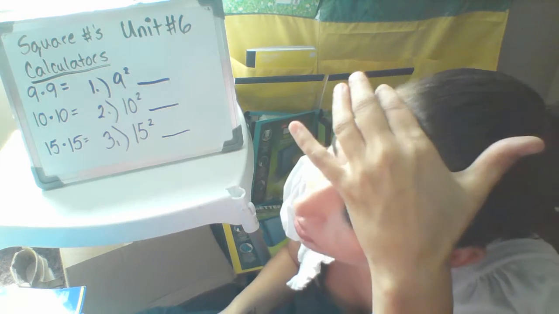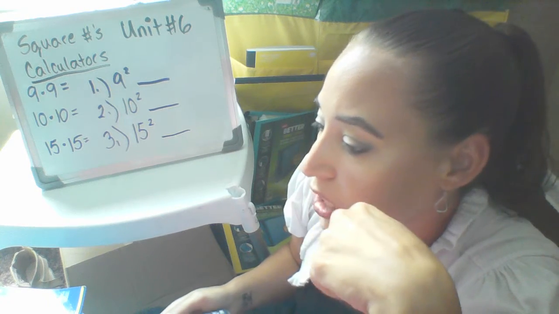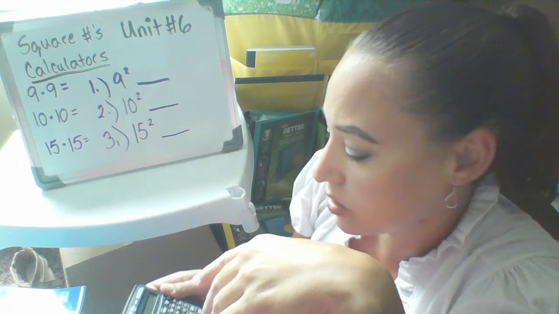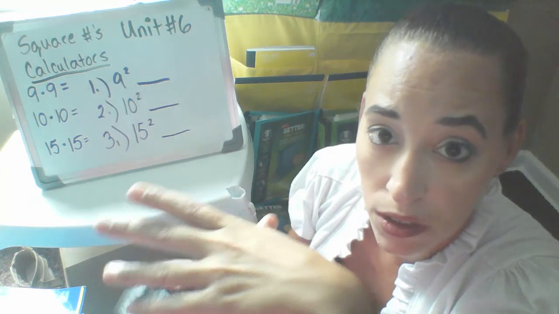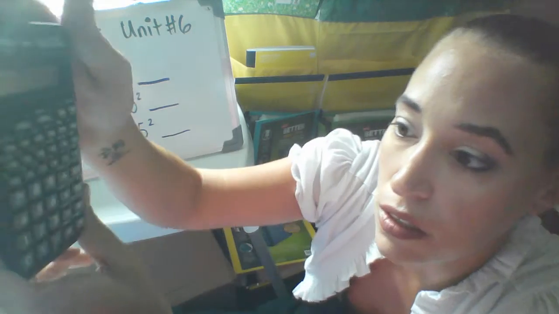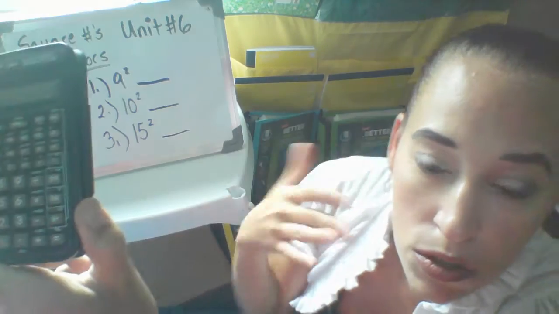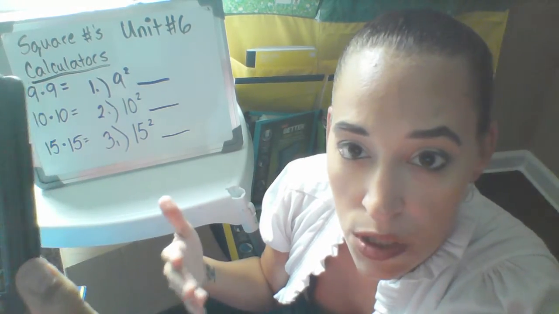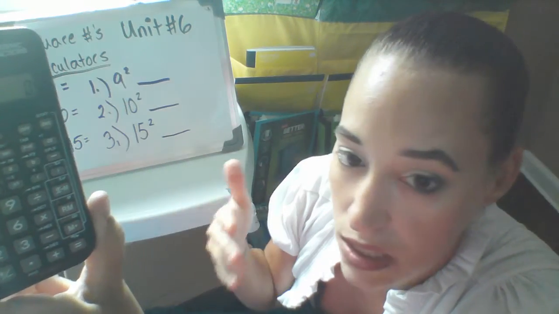Also, just to show you that we get the same identical answers doing the y to the x power. I'm going to show you how to utilize that button, but I'll show you again later as well when we do different powers besides squared. Okay, so we know 2 squared, 2 times 2 equals 4. So if I use the y to the x button, it's still going to give me 4. So if you see, I'm going to hit